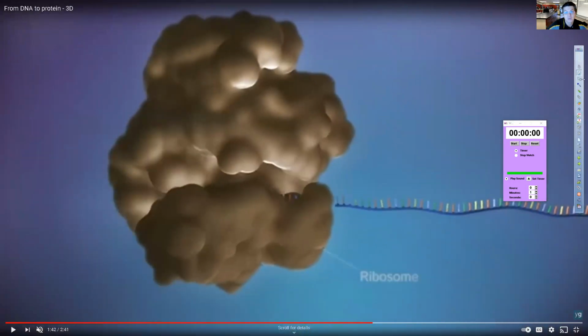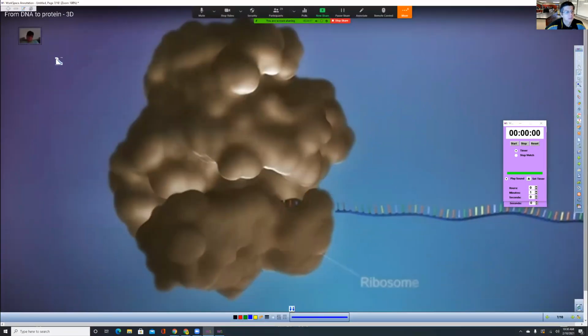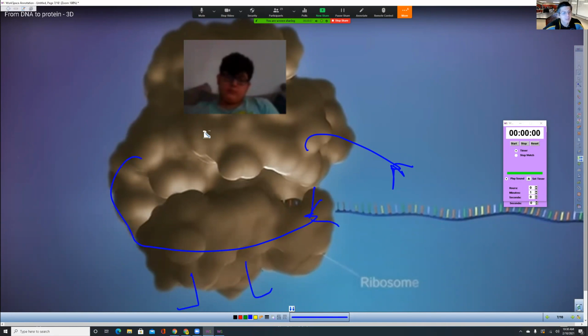There's Ethan the ribosome right there. Okay, let's give him a face. So this is Ethan the ribosome. And Ethan the ribosome, now he has his instructions, right? He's like, all right, I can go ahead and grab these instructions. And then let's give him some legs and a belly button, and a shirt maybe, and some arms. I don't know. But there's Ethan the ribosome.